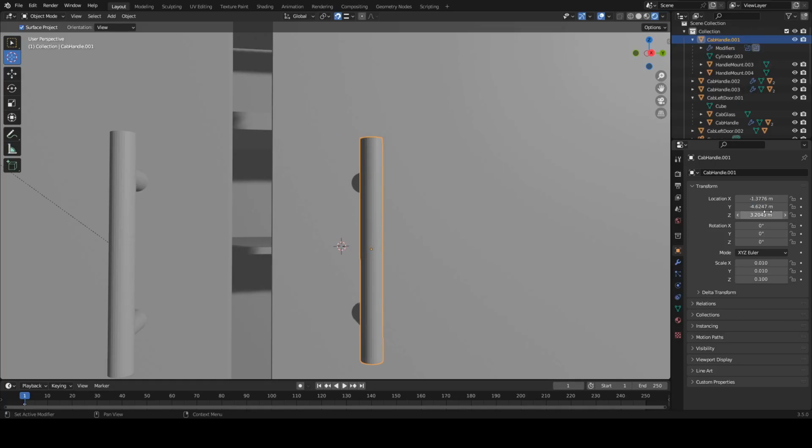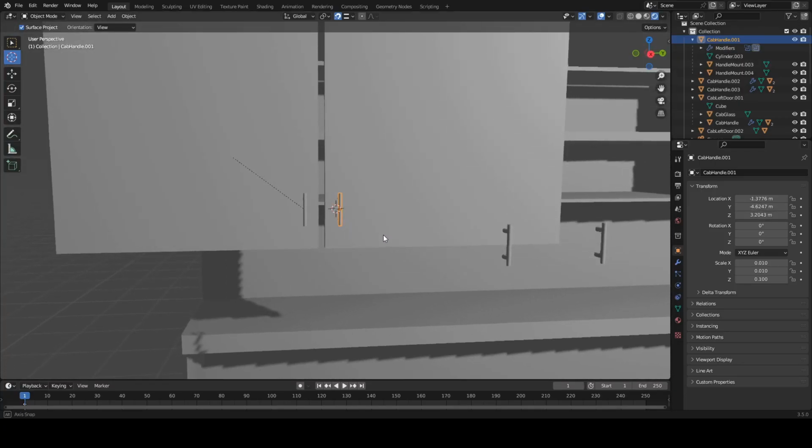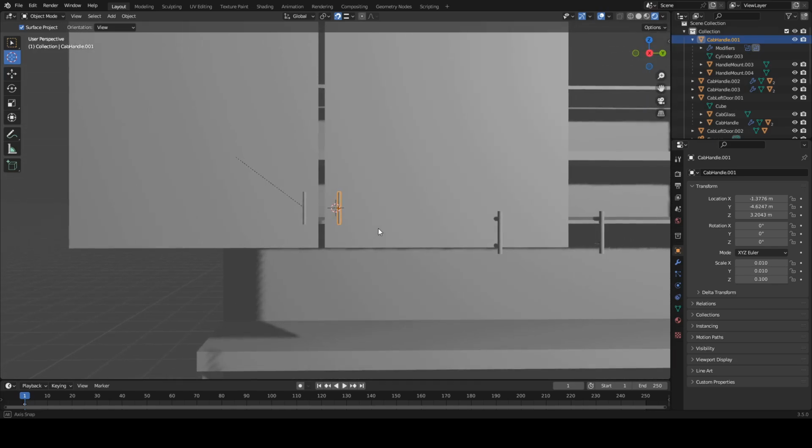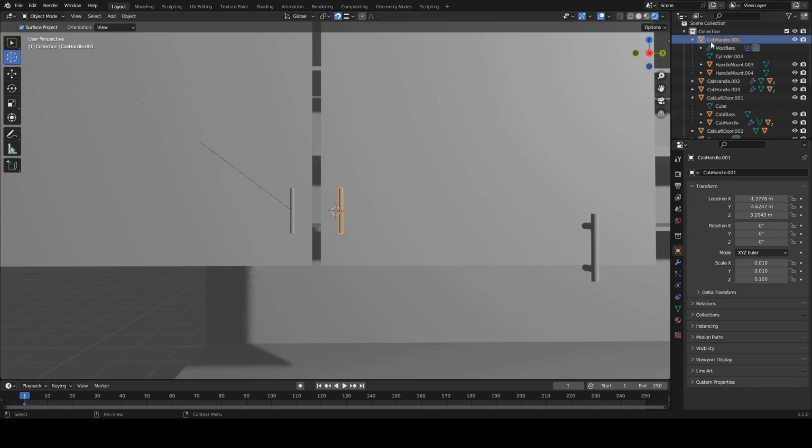Down, there we go. That's close enough. It'll be about as good as if I got it from a big box store. I'm happy with it. Now let's parent the handle to,